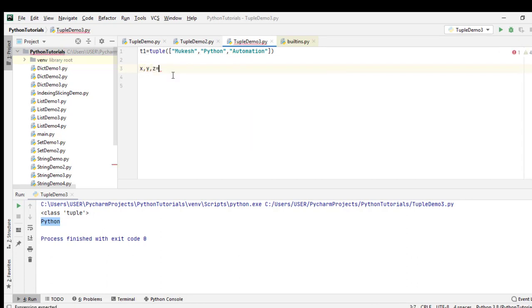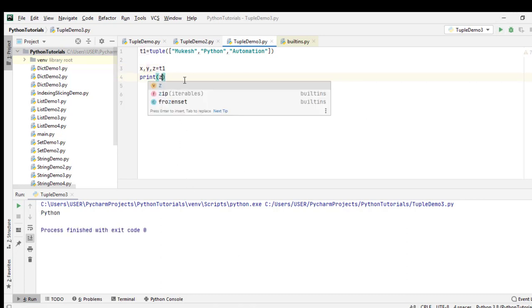and here I can provide T1. It will take the first value and assign it to x, the second value it will assign to y, and the third value it will assign to z. This concept is known as tuple unpacking. Let me print x and run this. We got Mukesh. If I say y, we get Python, and similarly when I say z,